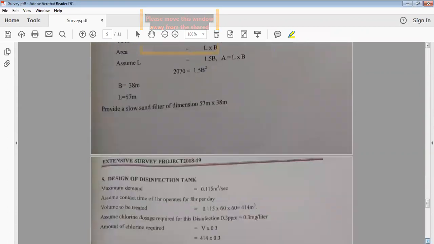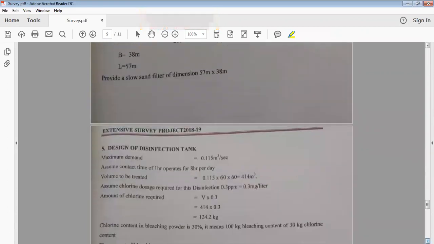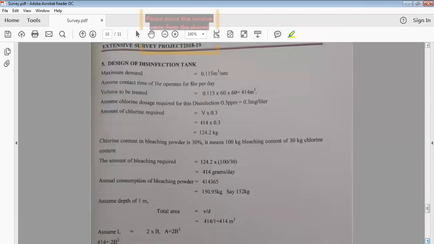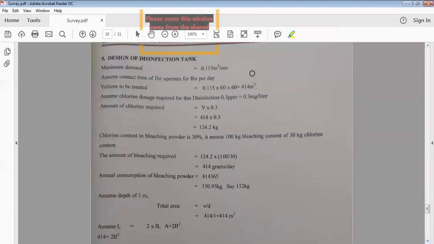Okay. So next what we have is disinfection tank. This is very important. You know it, right? We are in the pandemic, so we have to kill most of the bacteria or viruses. So maybe chlorine you have seen here. In this methodology, what we are doing, we are doing twice. Disinfection is done 2 times, right? Pre-chlorination, post-chlorination. So designing this tank where chlorine is added is one of the important things.